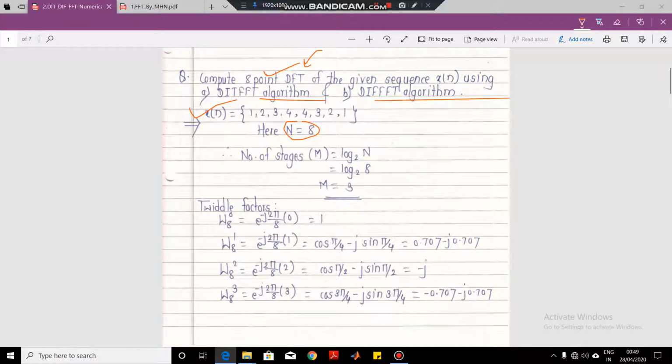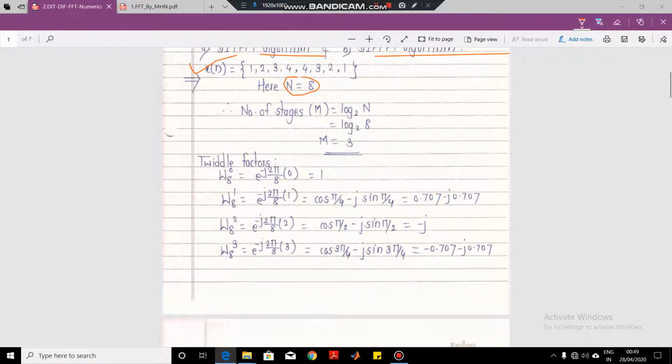So let us start with the first step. We have the 8-point sequence here. Now, how many will be the number of stages? I had told you that when the sequence is of 8 points, the number of stages is 3. When the sequence is 4-point, the number of stages is 2. And when the sequence is of 2 points, there is only one stage. So there is a simple formula to compute the number of stages. We have to take the logarithm to the base 2 of N. In this case, our N is equal to 8. That's why the number of stages here we are going to get is 3.